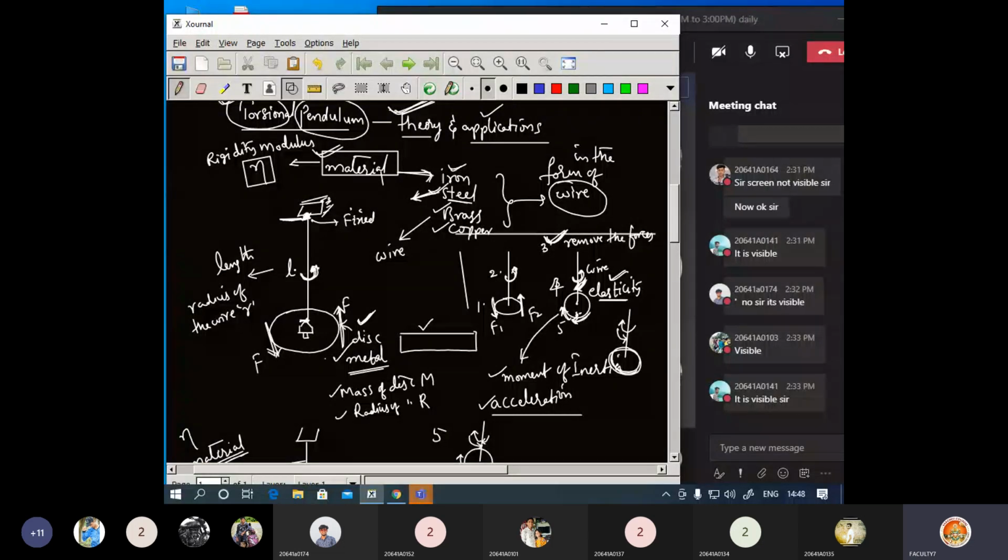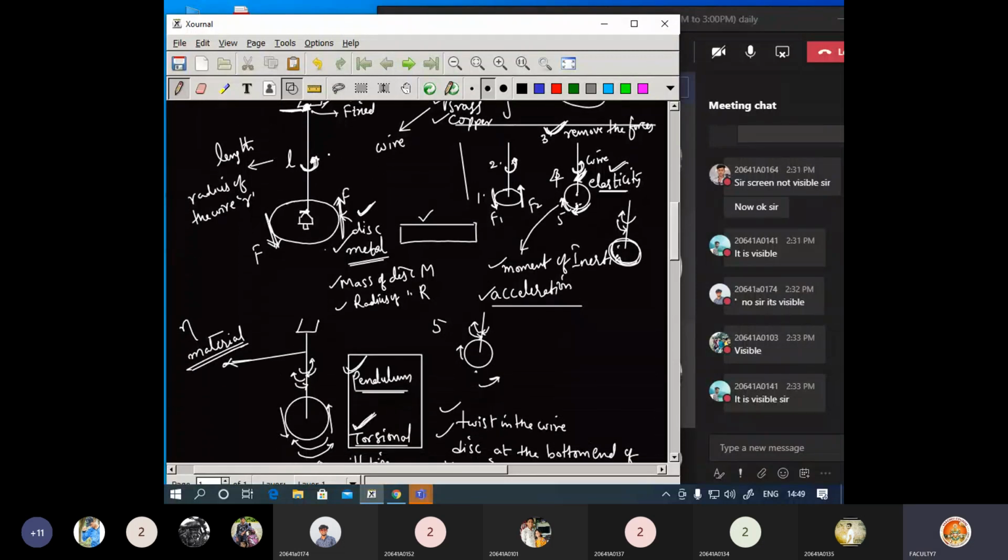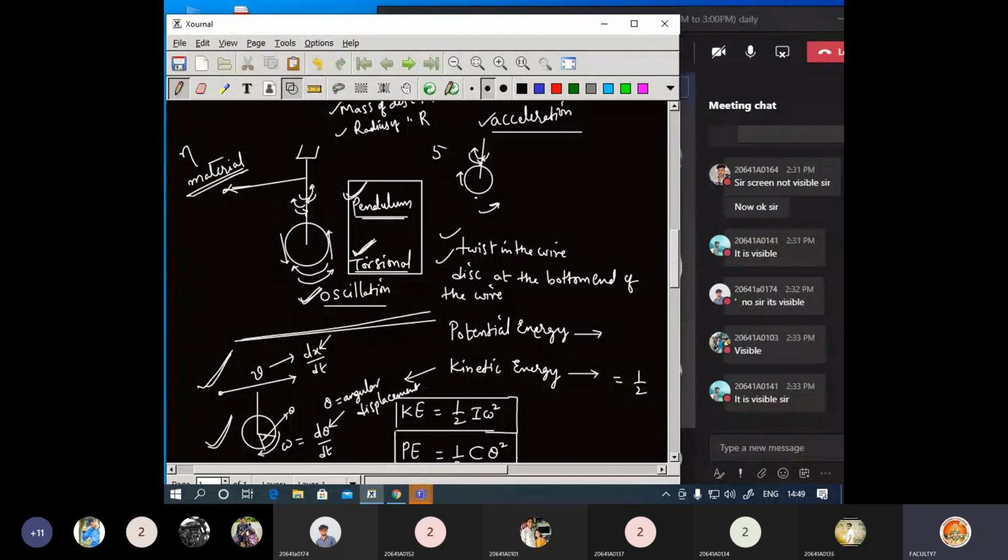Due to this, the wire is going to experience a twist. Now due to the elasticity, you can expect that it is going to restore in the opposite direction. It will try to come back to the original or equilibrium position. Meanwhile, due to the disc, it will not stop at the exact position, it will go to the opposite direction also. So this will continue, and there will be oscillations going on. We consider these as torsional oscillations, and as a result the pendulum which we constructed is labeled the torsional pendulum.